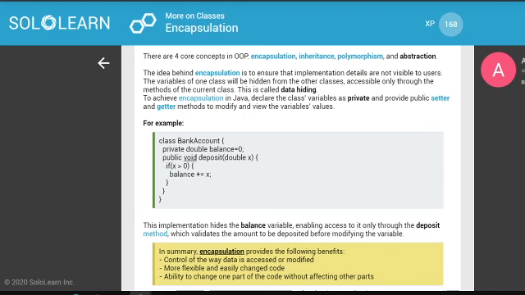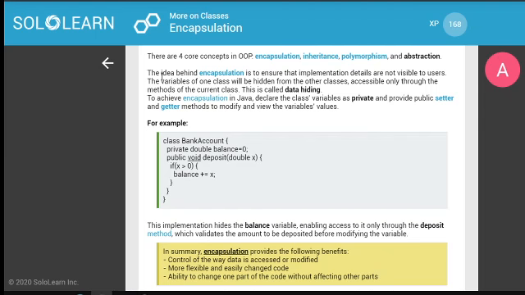Right, quick thing. This is one of 4. This is encapsulation. So Solo Learn, obviously. And this is more on encapsulation. I'm hoping the audio should go. Yep, good. So, as far as this goes, the idea behind encapsulation is to ensure the implementation details are not